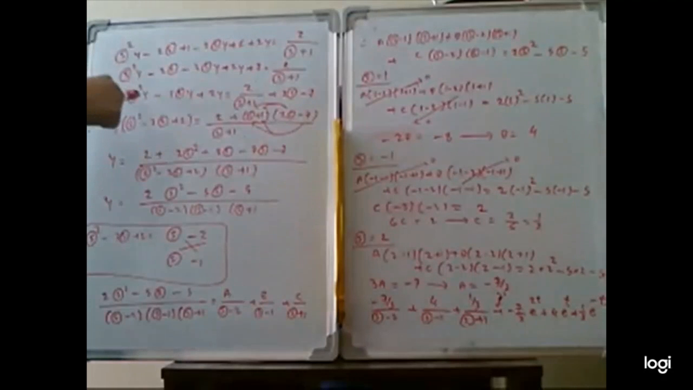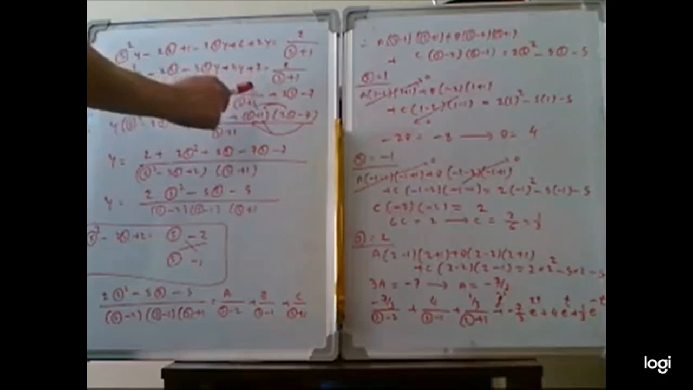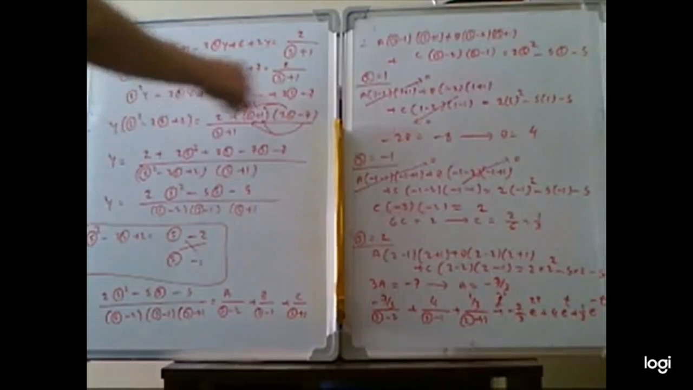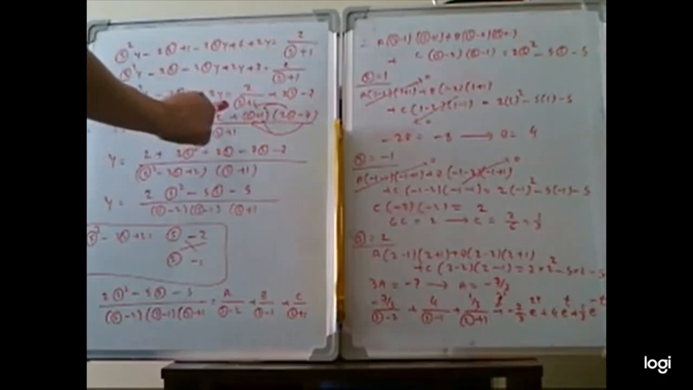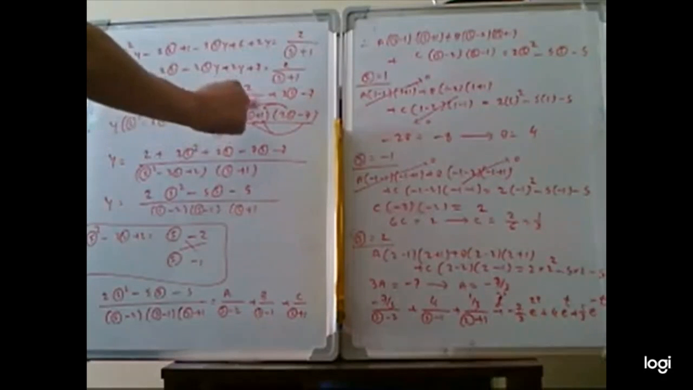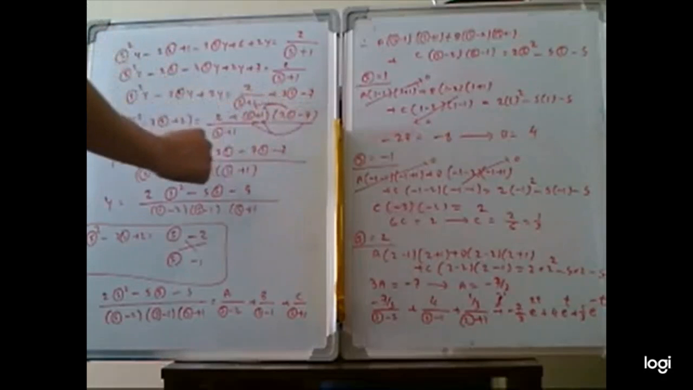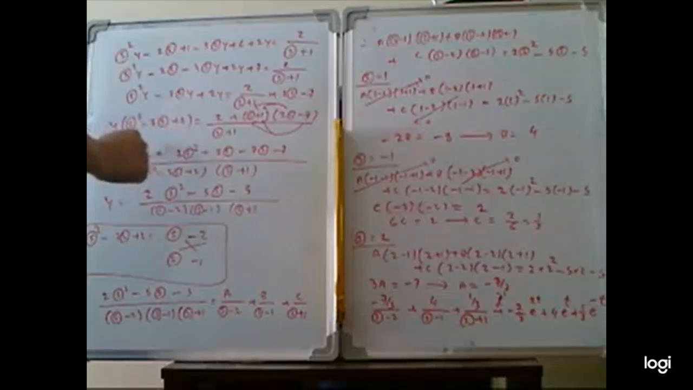So we get s square y minus 3sy plus 2y is equal to 2 by s plus 1 plus 2s minus 7. Now we combine: 2 plus s plus 1 multiplied with 2s minus 7. So we multiply, and then on the left hand side we get